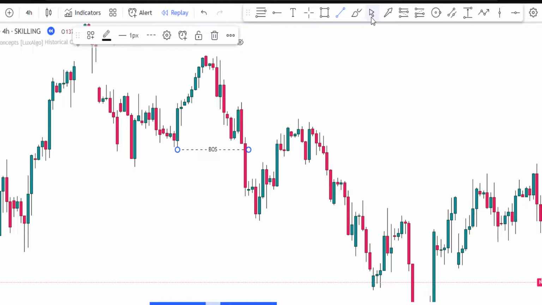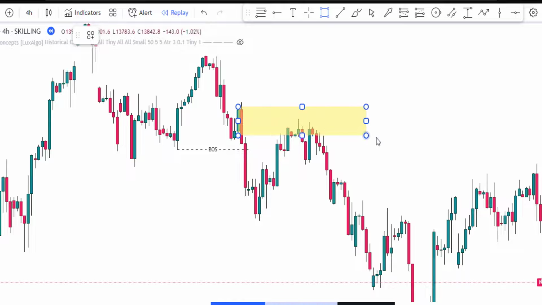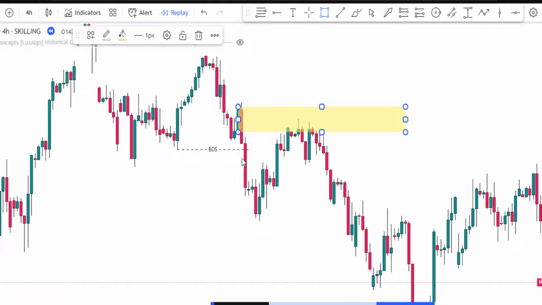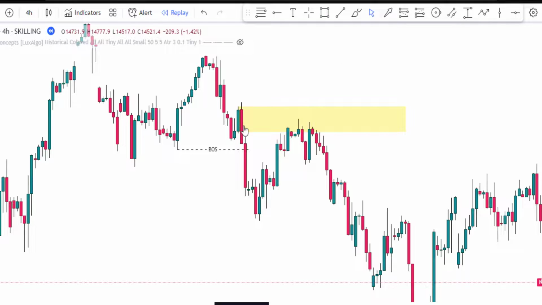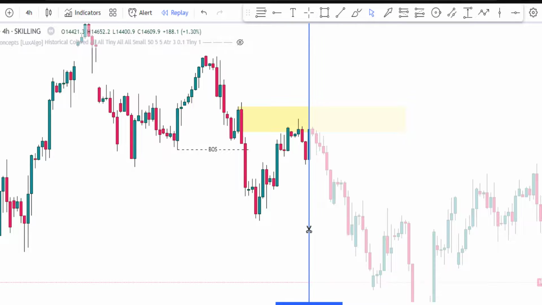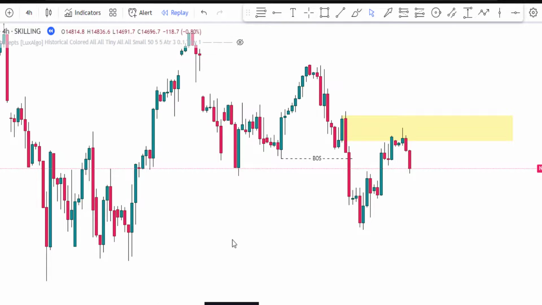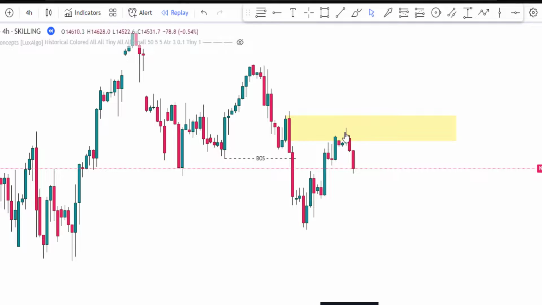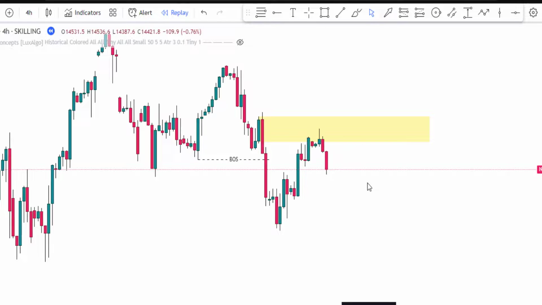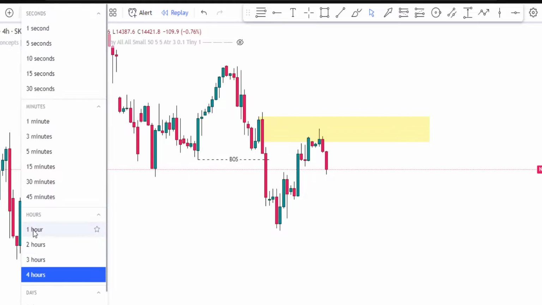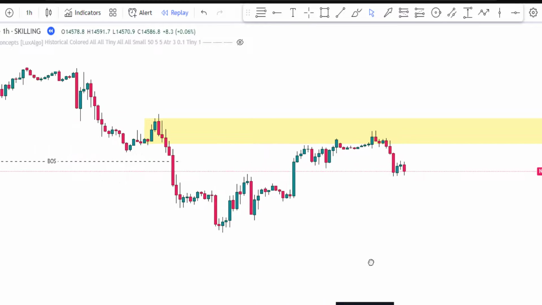Now where is the order block? For me, this is my order block, this last green candle, the price that created this break of structure right here. So I consider this one as my bearish order block. Okay, and then what I want to pay attention to is for price to come back to that order block. This is the 4-hour time frame. Again, I want to see price come back to this order block, but I want to make sure that I get every detail. So I drop down to the 1-hour time frame